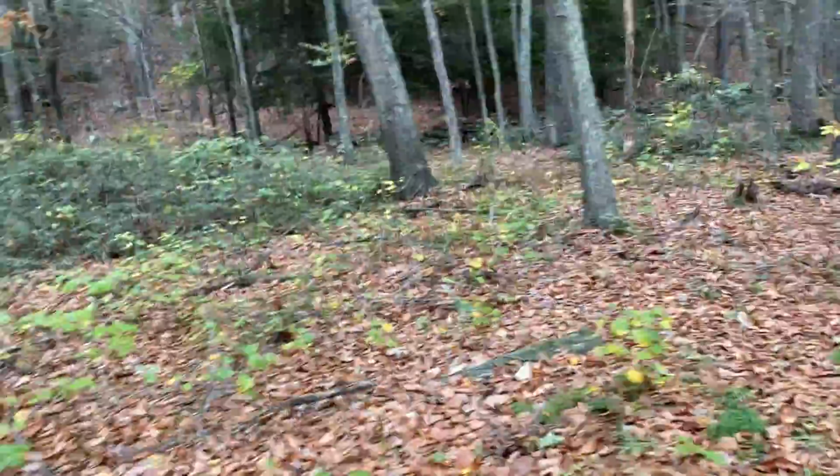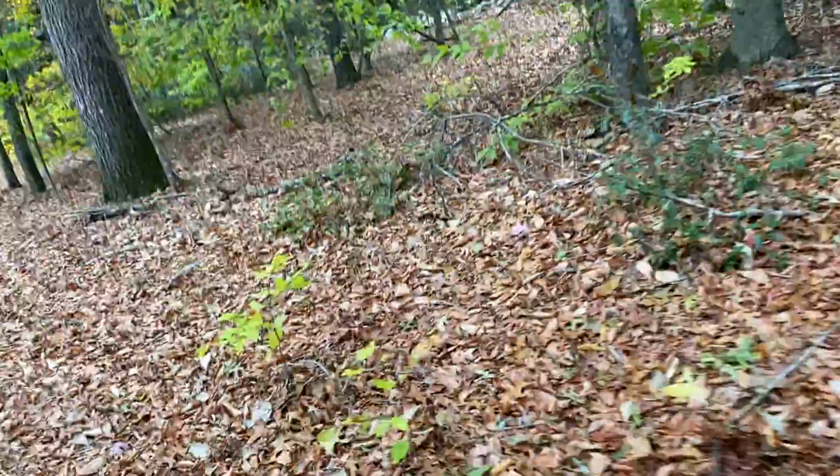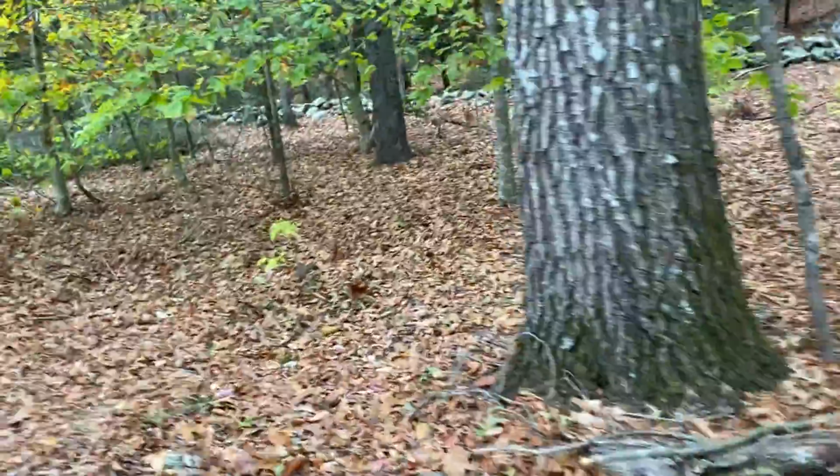I was gonna take you guys up to the dam, but the pathway is blocked by trees down, so we won't be able to do that, but that's okay. Just wanted to show this to you. This is a great spot. It's a cool little hike. It's not a big to do, but close to where we're at, and kind of a cool example of our